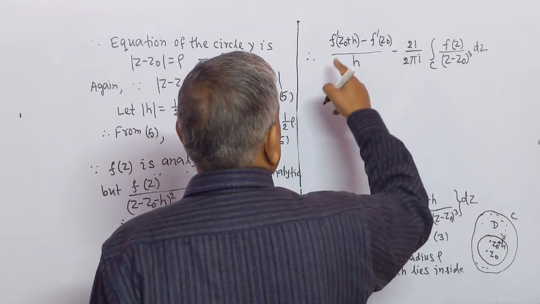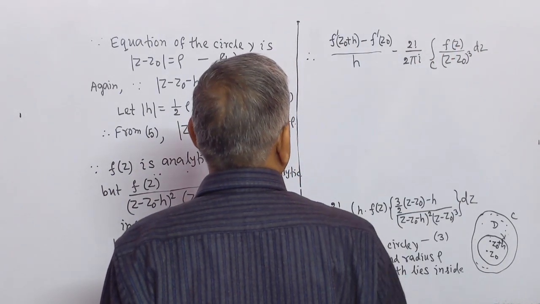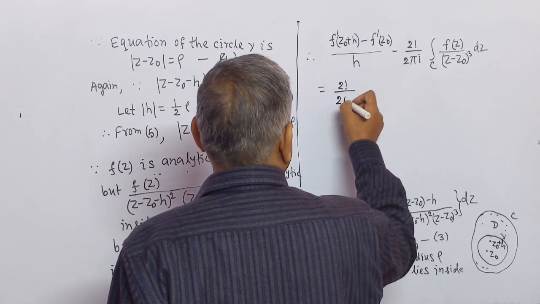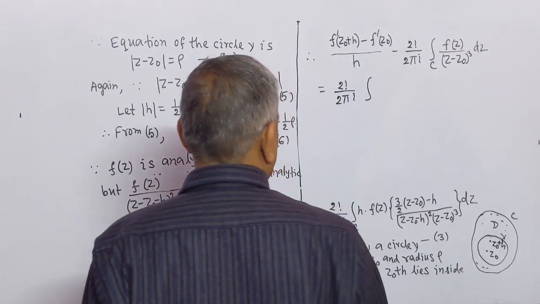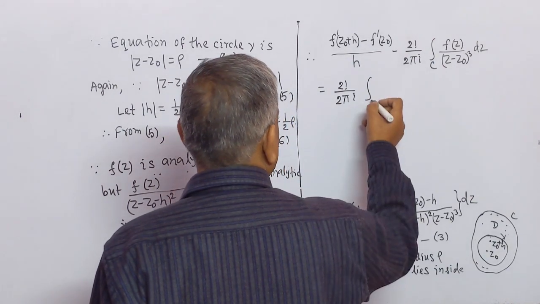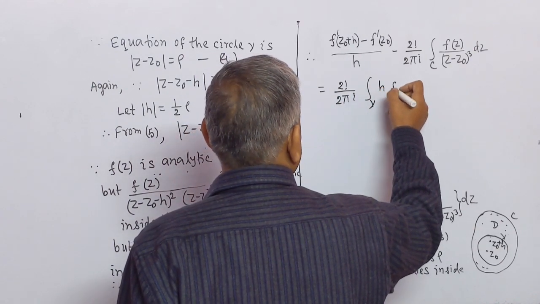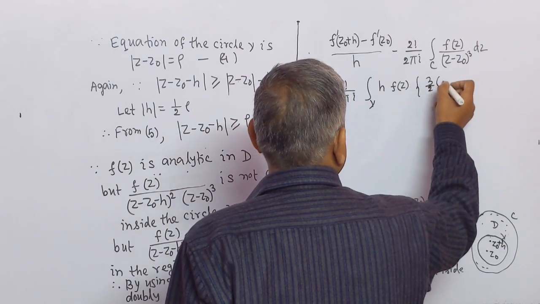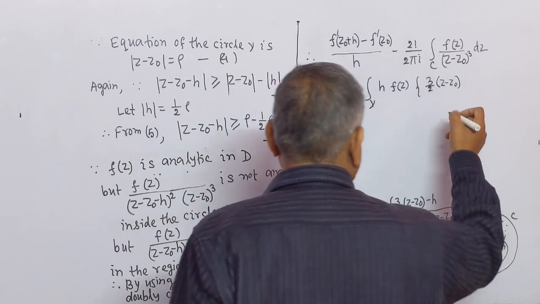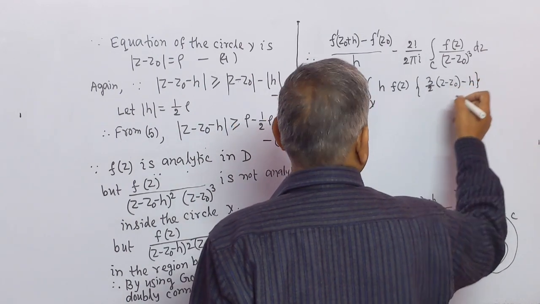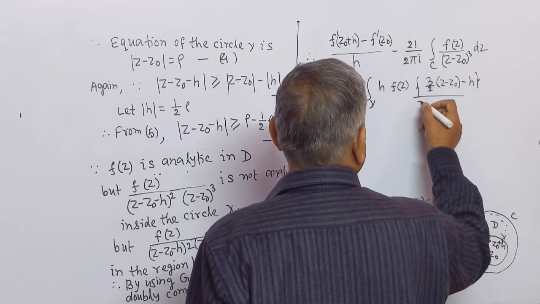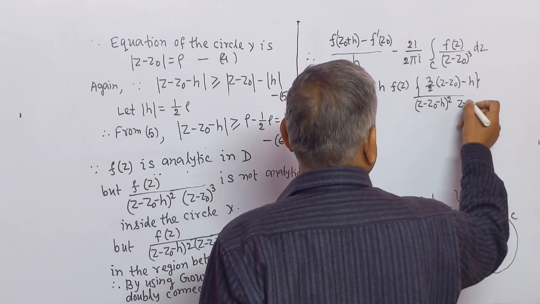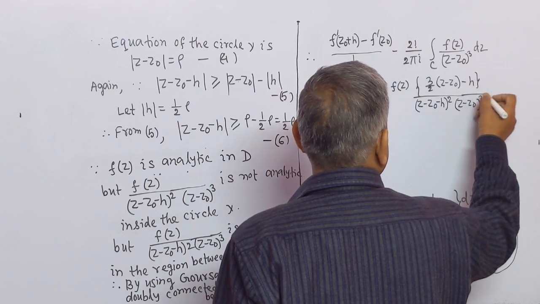Therefore, the left side of 3 is equal to, on the right side we write (2 factorial)/(2πi) integration along gamma h f(z) [3/2 (z − z0) − h] / [(z − z0 − h)² (z − z0)³] dz,